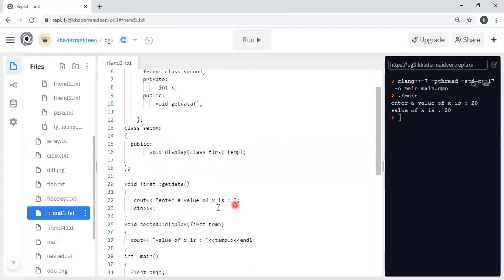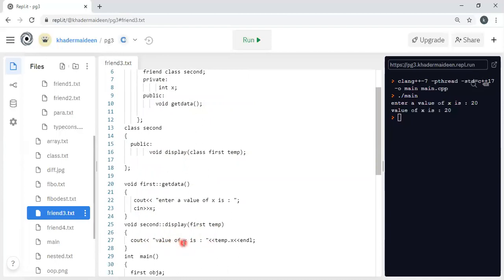Now the definition of void get data. Here enter a value of x, read that value. Display is the member function of the second, therefore void second scope resolution display. Then temp is a temporary variable whose type is first. Then cout the value of x.